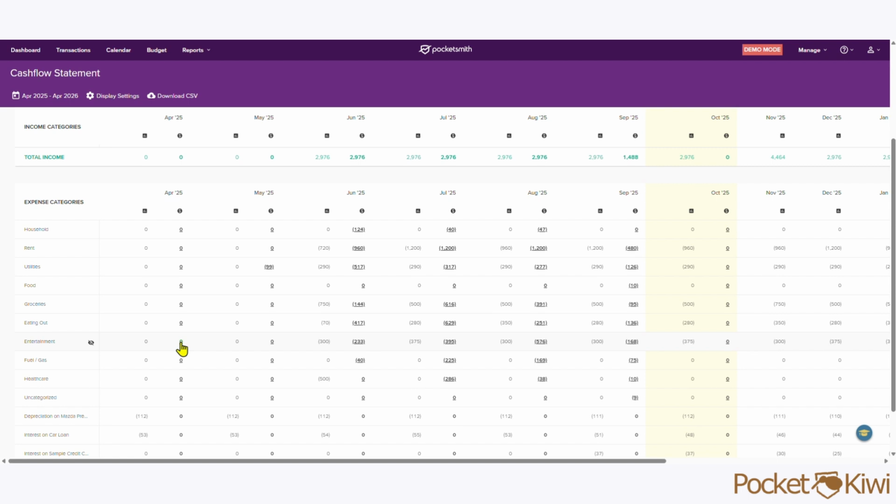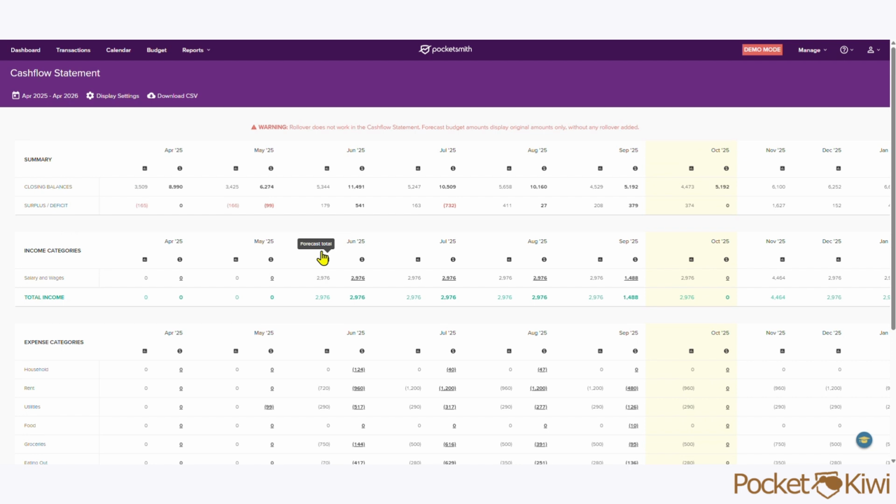So you might break that down to $3,000 a month, and then in the first month you will have forecast $3,000, in the second month you'll forecast $3,000, in the third month, etc. So it spreads out the building of that budget using rollover budgets, because you will have underspent and underspent and underspent, and it will grow over the period, and it makes it look a lot smoother than just if you dump the entire annual budget in that category right at the start. The other benefit with rollover budgets